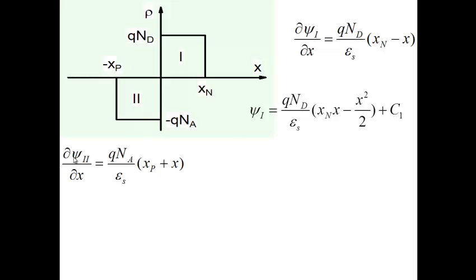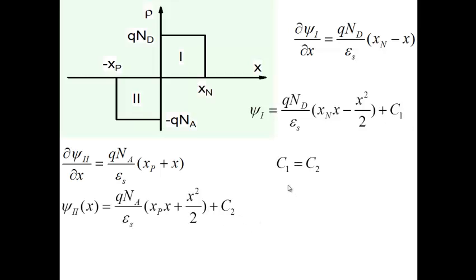You take region 2, integrate it once more: psi2 equals x_p x plus x squared by 2 plus c2. Now we know that at x equal to 0, the potential, whether I calculate from here or from here, should be the same, which tells you that c1 is equal to c2. And also we know now that psi1 at x_n minus psi2 at minus x_p